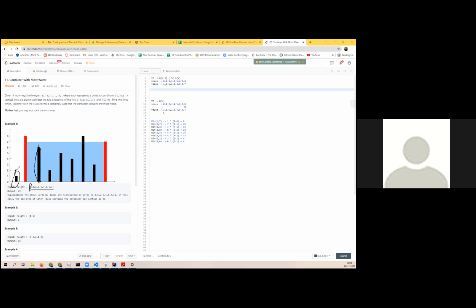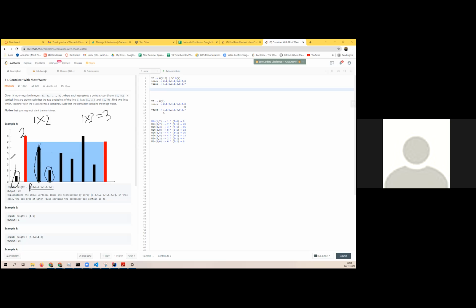So it will be minimum of 1 and 6, which is 1, into whatever is the width. So here width is 2. So it will be 1 into 2. So this is the maximum I can store, 2 volume of water. Then I will check with 1 and 6, this one. So here minimum is 1, and width will be 1, 2, and 3. So it will be 3. So this is the brute force way that we can iterate through each and every element,